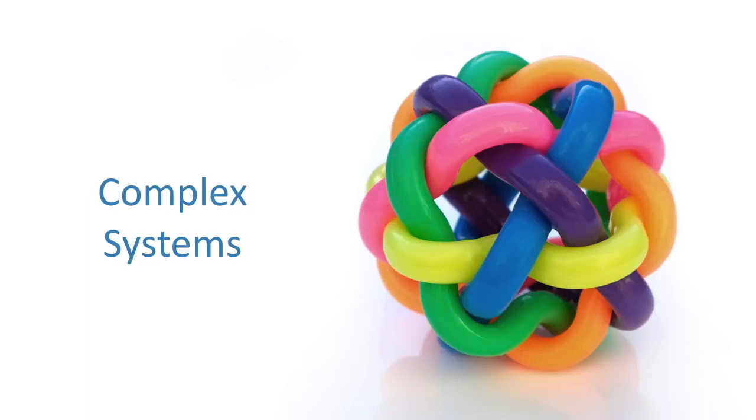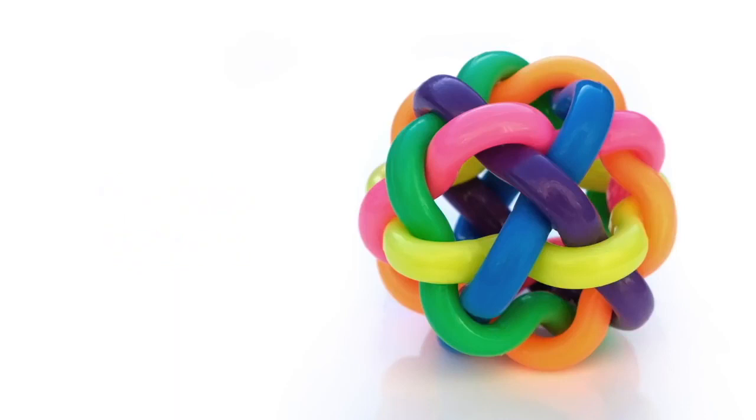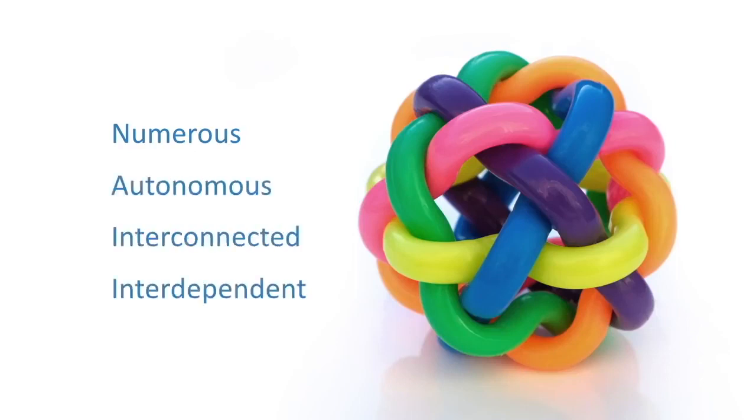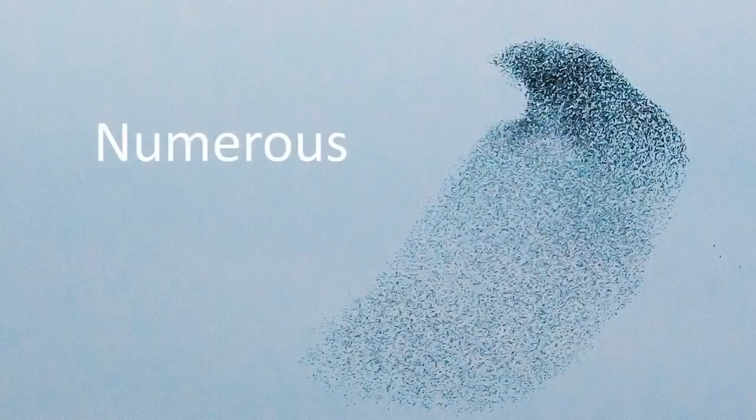What is a complex system? It's a system that's composed of many parts. Those parts are autonomous, interconnected, and interdependent. Take any complex system and you'll see that it has many small parts that are distributed out. This flock of birds is a good, often cited example, and it gets at the essence of what we're studying in complex systems. We have all these little parts, they're spread out, there's no centralized coordination. We're asking how, through local interactions, we get the emergence of a global pattern of organization.